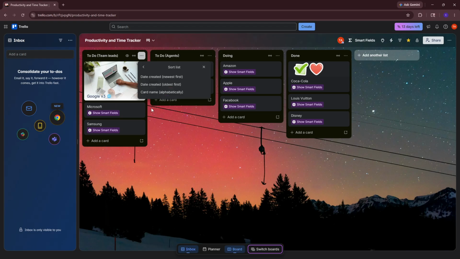Now, you can select how you want Trello to rearrange those cards for you automatically. If you pick alphabetical, Trello will sort based on the card titles. This is great when your naming is consistent, like prefixing tasks with categories or numbers, because it instantly groups similar